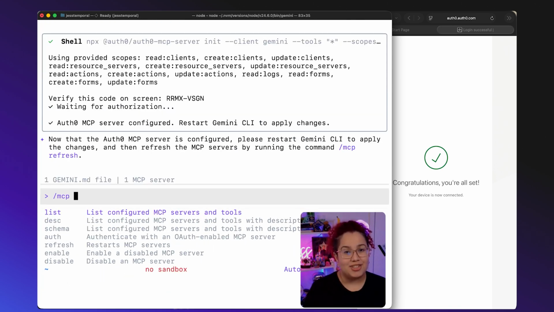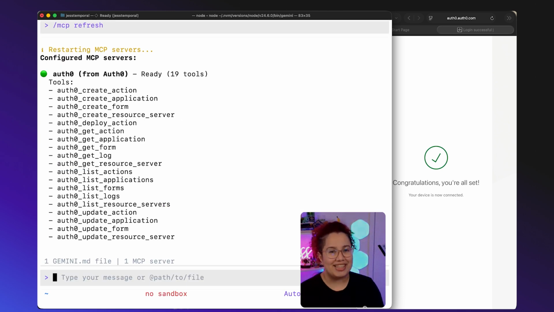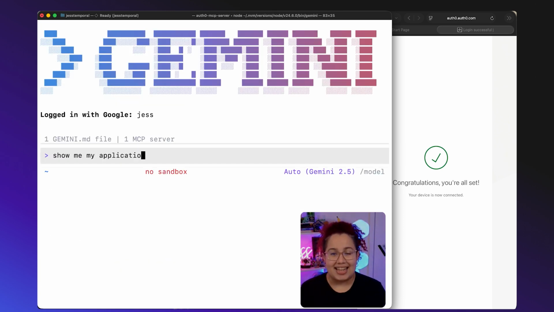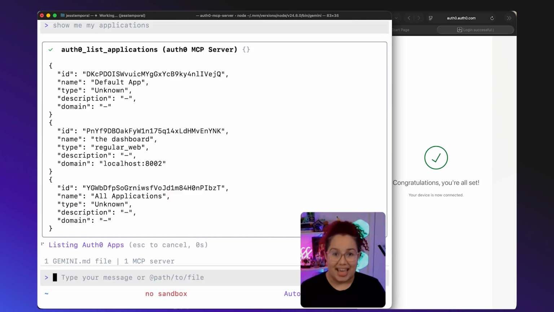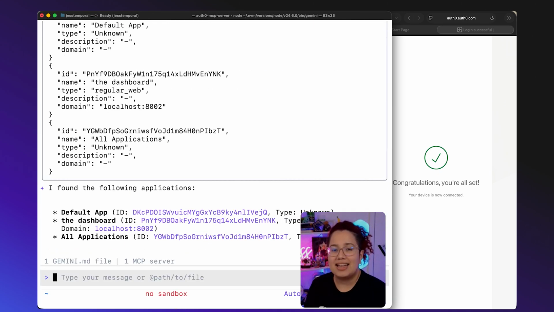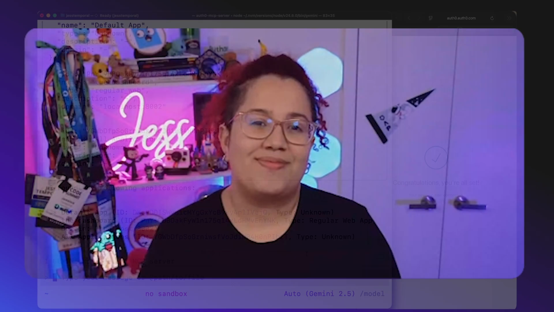Don't forget to refresh the MCP servers list with the /mcp refresh command. And then you'll be able to ask questions like, show me my applications, or create a new API, and it just works. If you're working with Auth0 and want to streamline your workflow, check out the Auth0 MCP Server extension